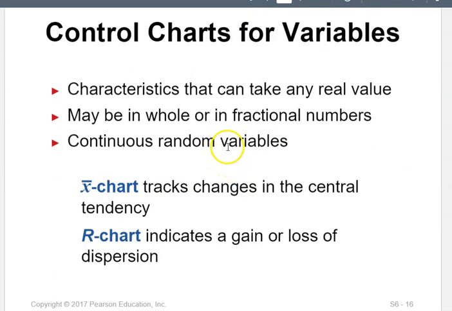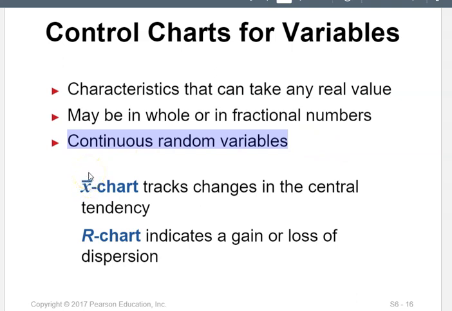Okay, so control charts for variables: characteristics that can take any real value. So we need to take into account that actual numbers can be used, right? Not words, actual numbers. So numerical variables are required, maybe whole or fractional numbers. And they have to be continuous random variables, right? Because that will give us that normal distribution. That's how we can calculate